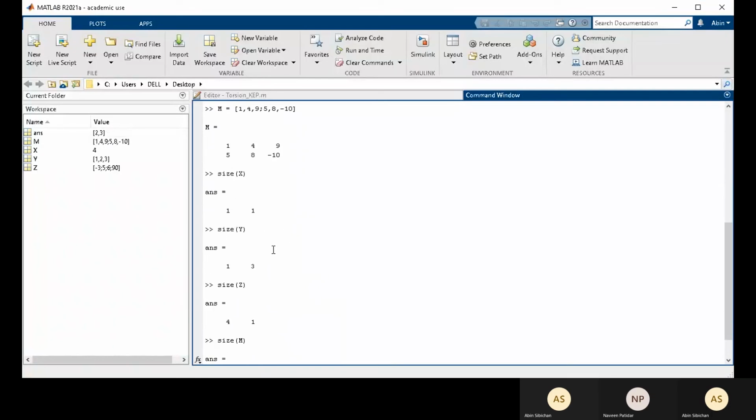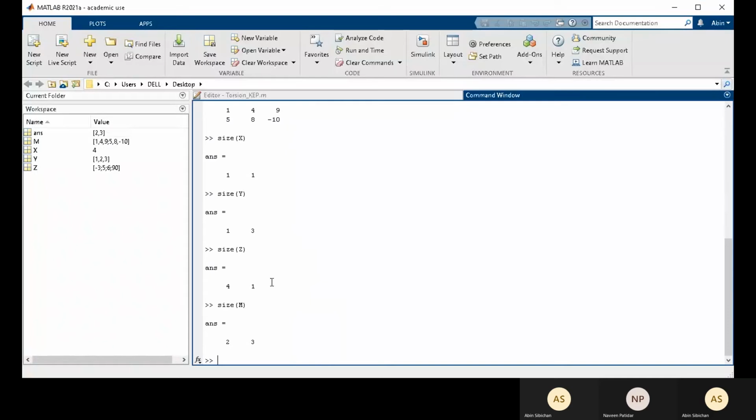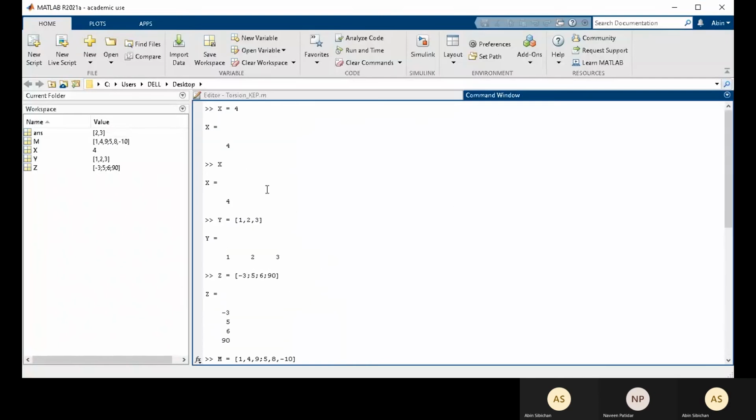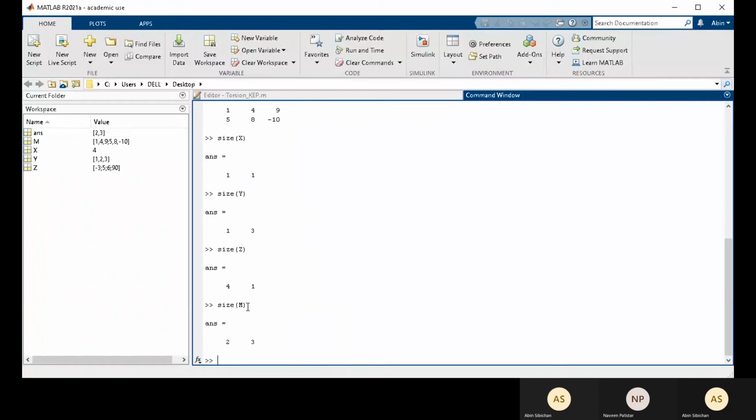So these are the basic introductions to matrices and stuff like that. Now we can see that when the output is being shown, it takes a lot of space. If you run the command, there's a lot of space here, and once the variable is assigned, there's a lot of space here. So to look at our first command, we have to scroll up a lot, and it's taking a lot of our command window space.